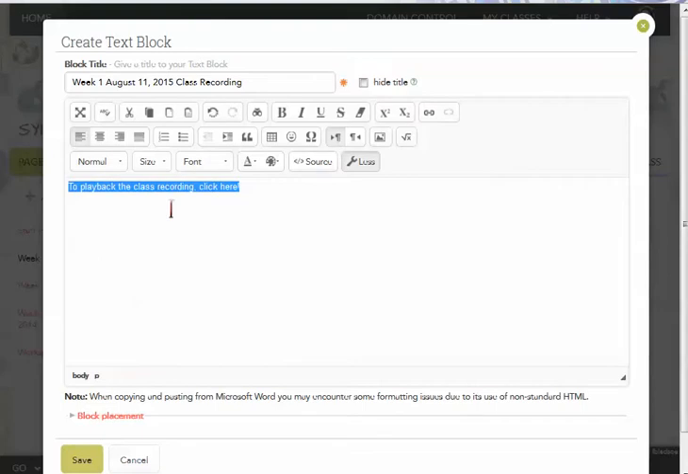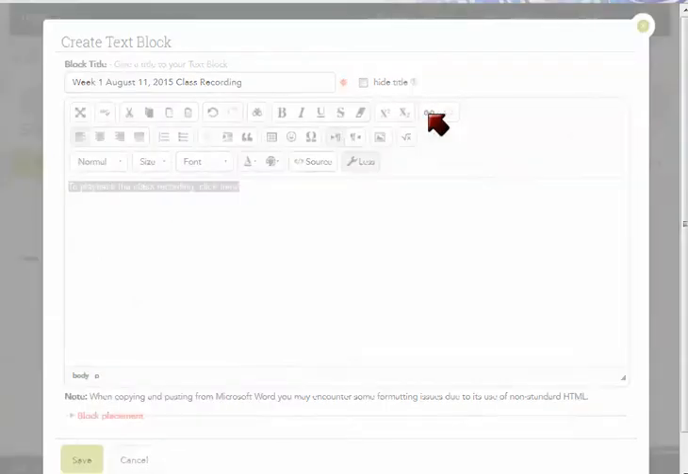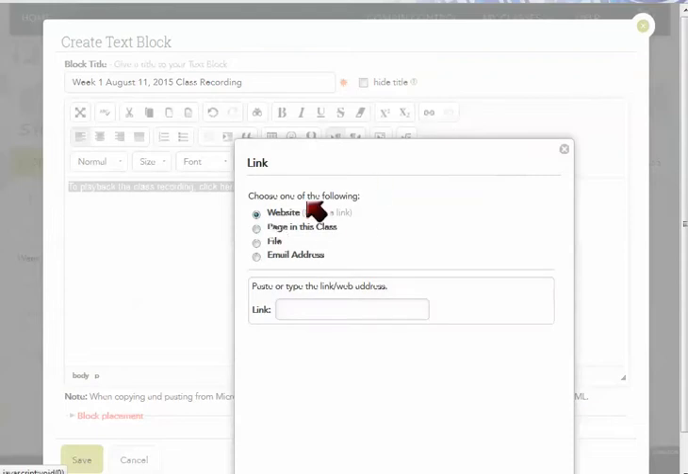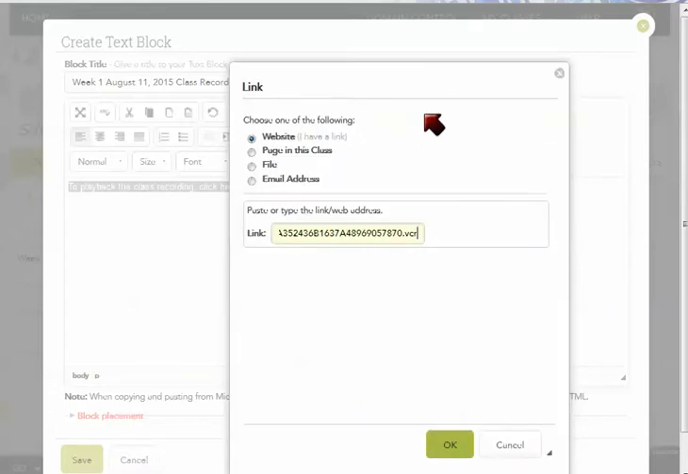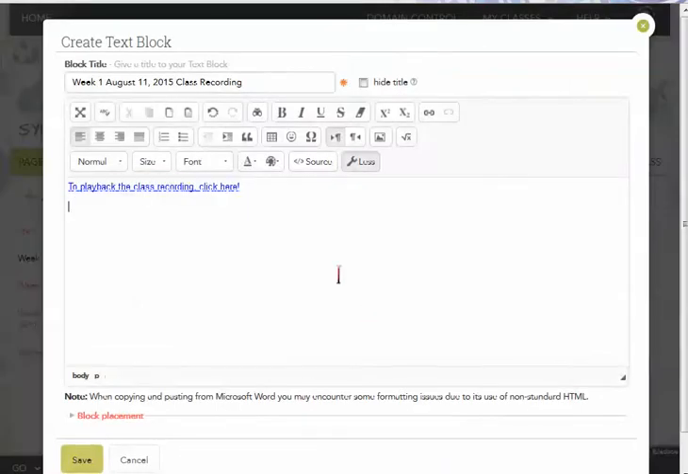So we're going to highlight the area we want to be linked, and then we're going to go right up here and click link. And you'll see it's a website recording, and then I'm going to Control-V to paste that link into the window, and then I'm going to click OK. So all students will see is this text,